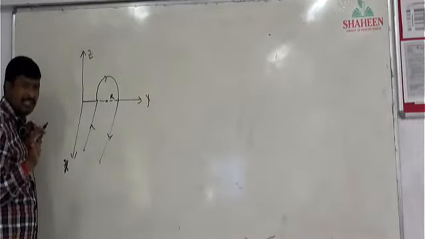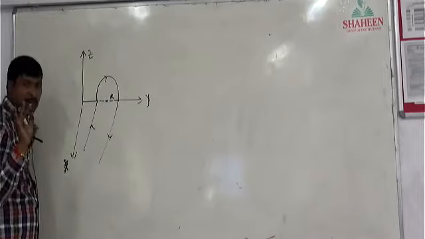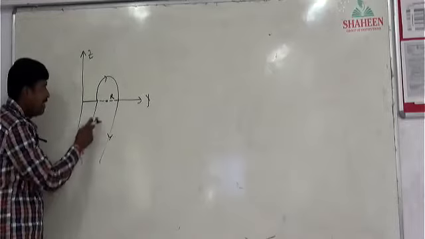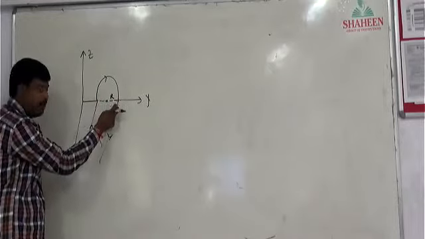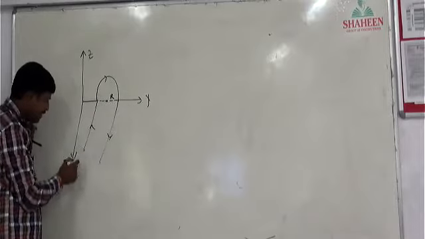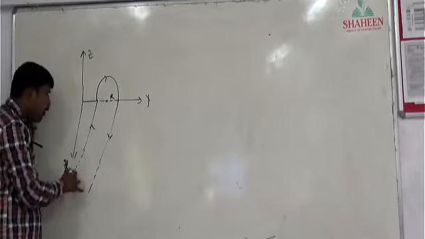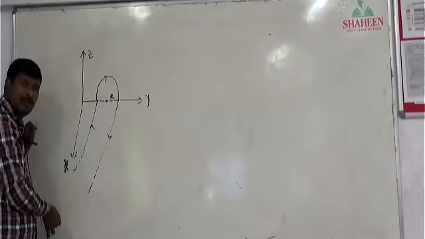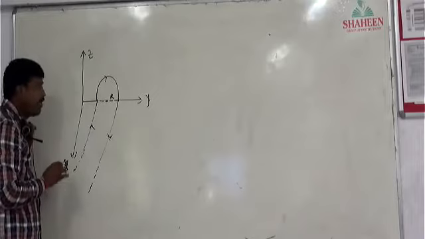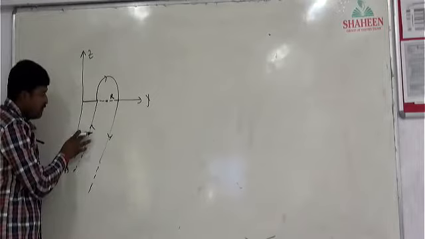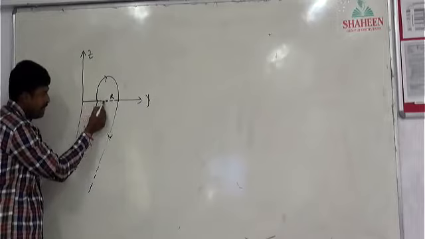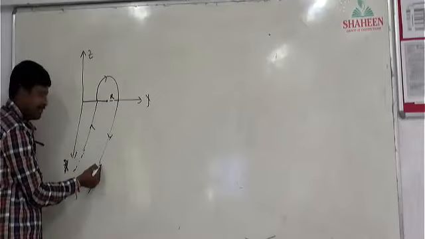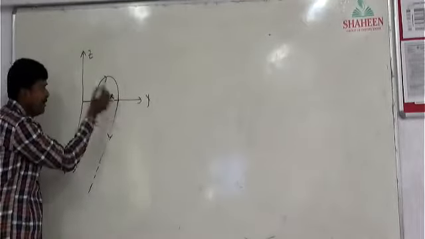Can I imagine this is a combination of three parts? One is this straight wire, another is this semicircular arc, and the third one is one more straight wire. They given it as a dotted line here. So a long wire comes from infinity, bends like this, and goes to infinity. So at this point, this end is one semi-infinite wire, this is also one semi-infinite wire, correct? And this is a semicircle.